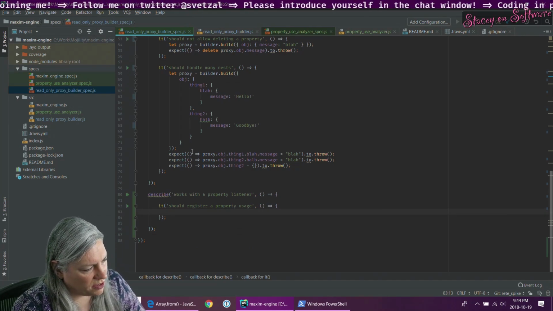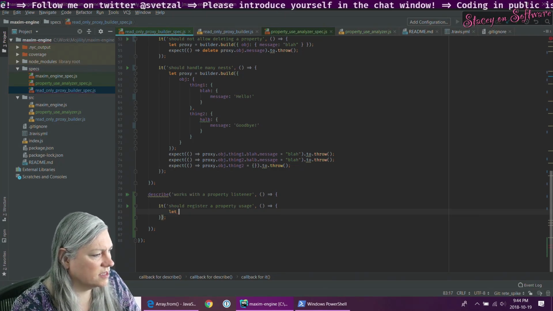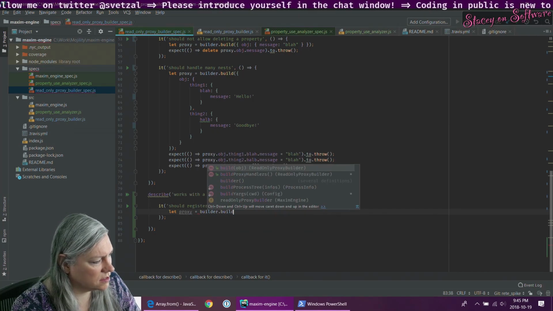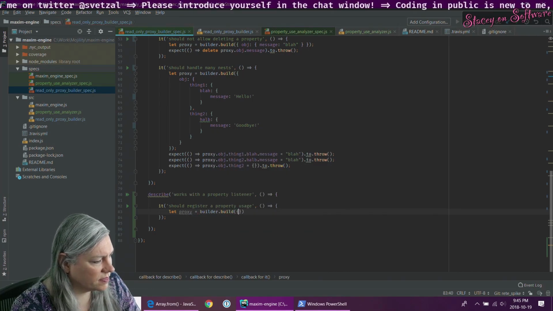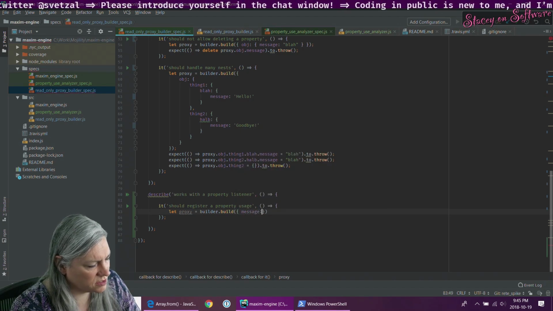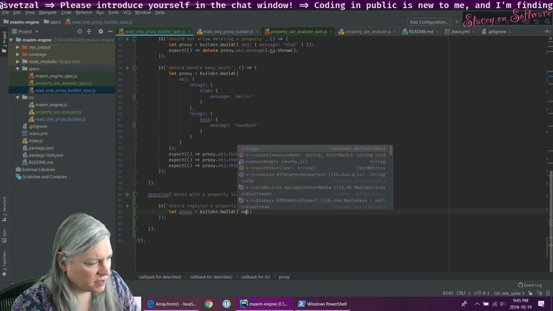Should register property usage. So, if I have a proxy for something with a message, actually, let's just use message.